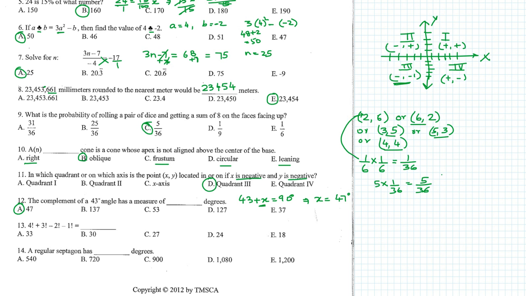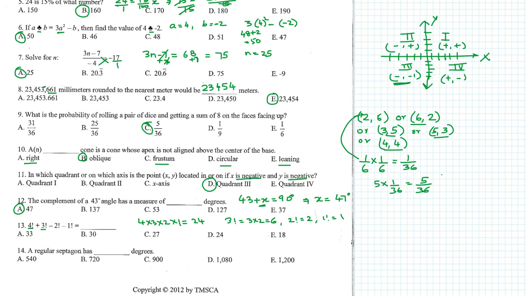Question 13. 4 factorial plus 3 factorial minus 2 factorial minus 1 factorial is equal to how much? So 4 factorial is 4 times 3 times 2 times 1, which is equal to 24. And 3 factorial is equal to 3 times 2, which is equal to 6. 2 factorial is simply 2, and 1 factorial is 1. So